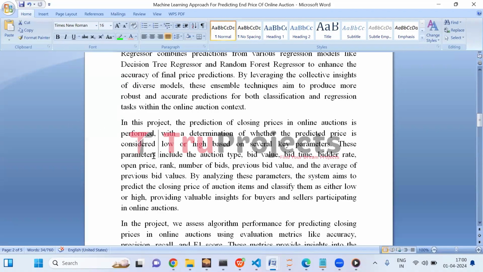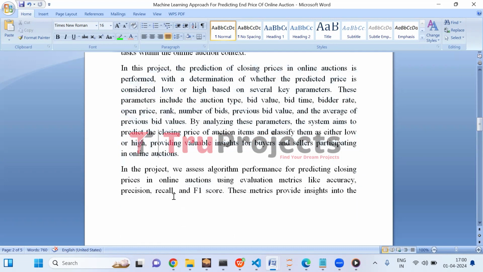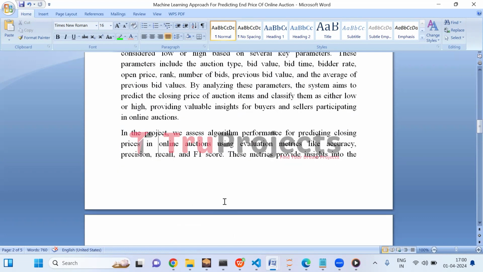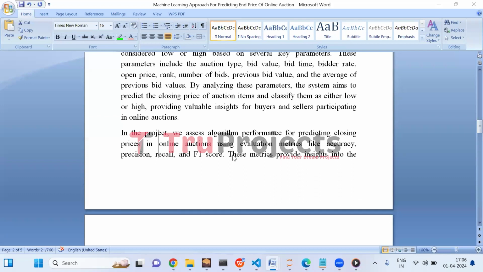The project predicts closing prices in online auctions based on various parameters and classifies them as low or high, providing valuable insights for participants. We assess algorithm performance using evaluation metrics like accuracy, precision, recall, and F1 score. These metrics show how well algorithms predict and differentiate between low and high closing price.